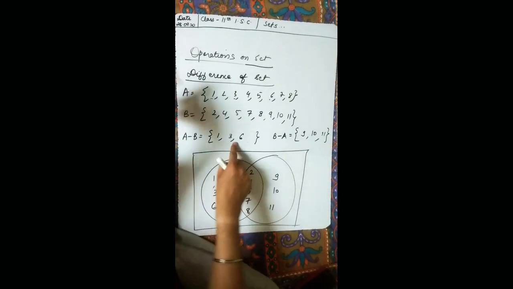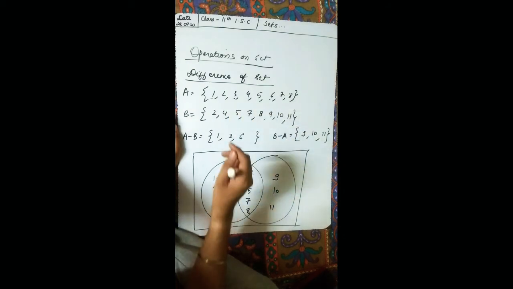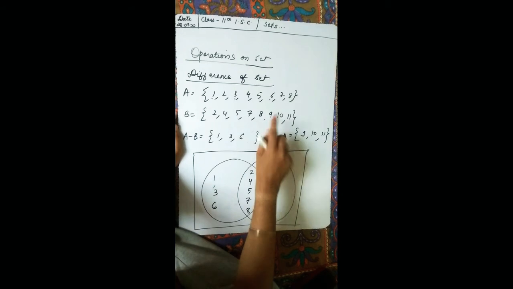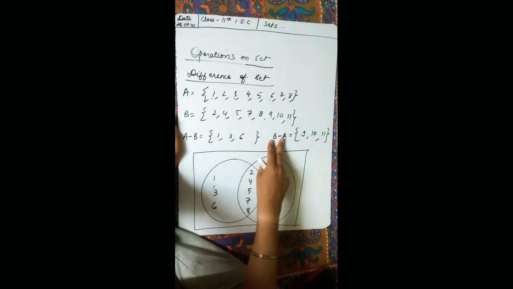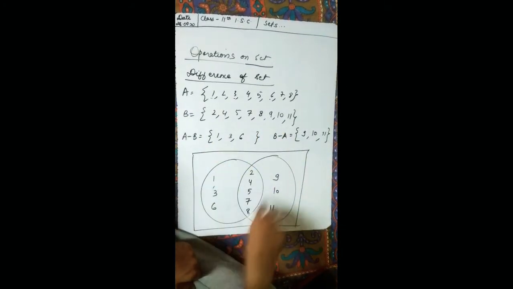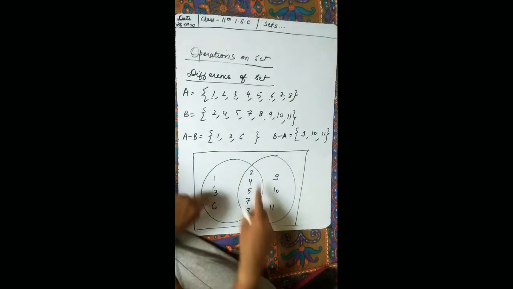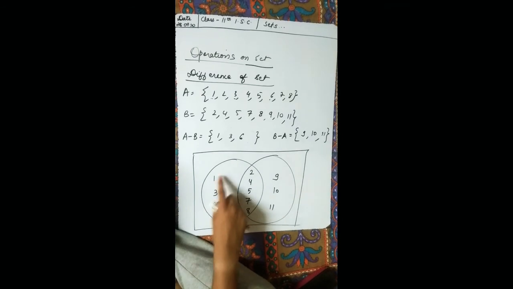That is A minus B. If I do B minus A, you take B up and A down. You can cancel 2, 4 and you will be left with only 9, 10 and 11. So this will be B minus A. Now if you want to see this in the Venn diagram, this is the whole set A, 1, 2, 3, 4, 5, 6, 7, 8, and here this is B. This is the intersection and this is 1, 3, 6,